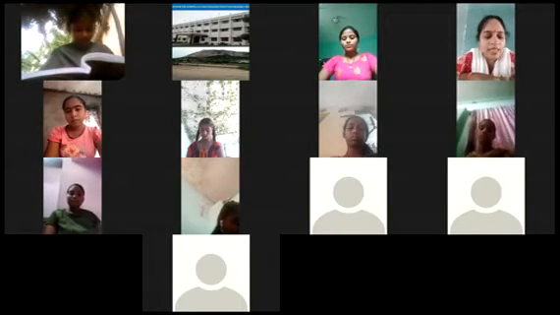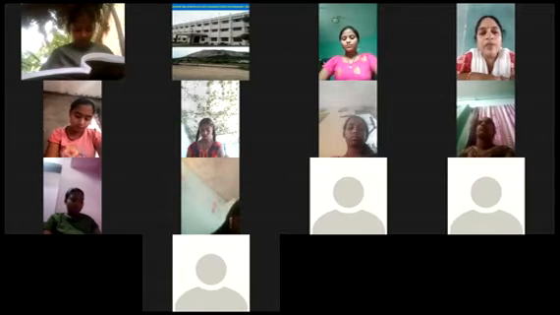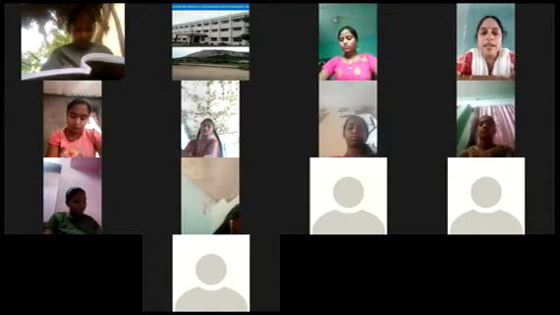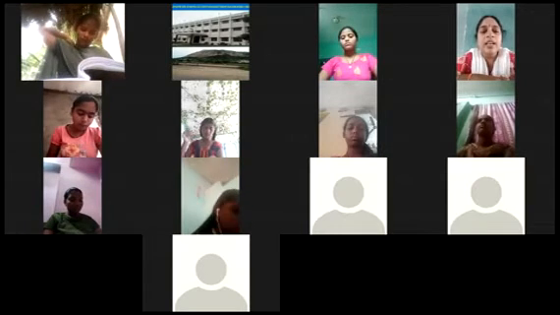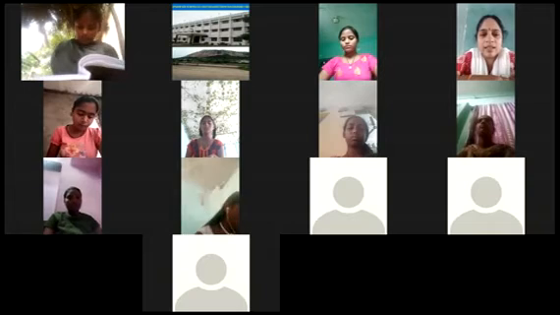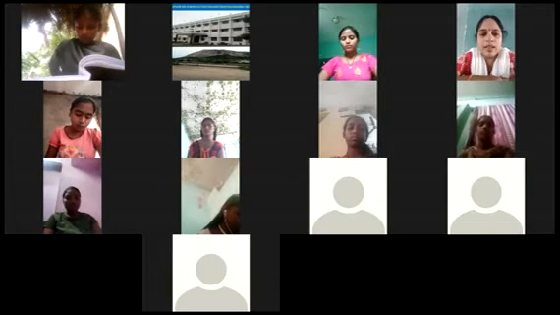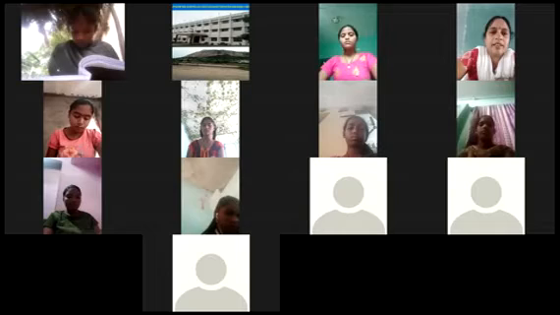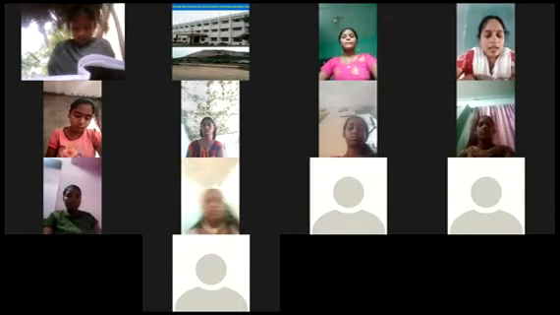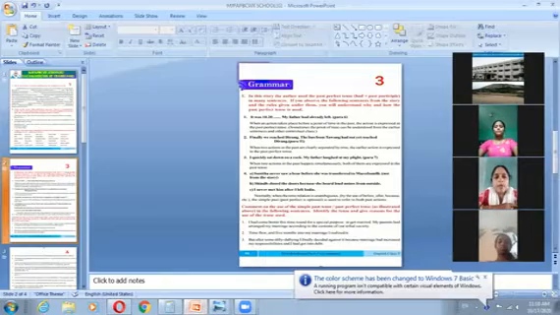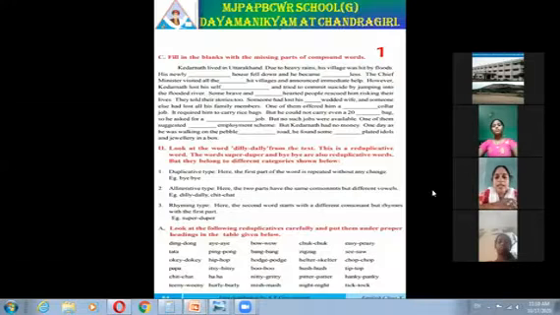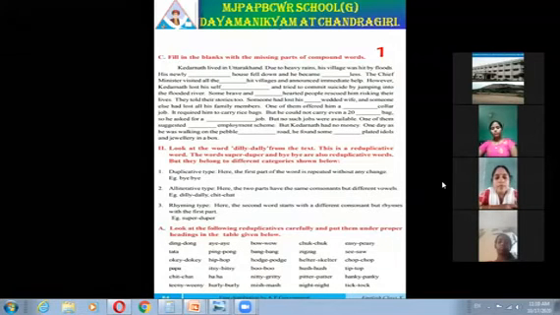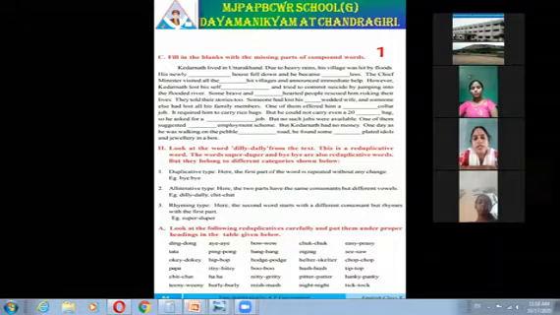So the first one is the duplicative type. Duplicative type means the same word will be repeated without any change, no change in the spelling, no change in the pronunciation. In the second, the alliterative type, only the vowels will be changed. A few more examples you can give if you want. Only the vowel you have to change in your word.